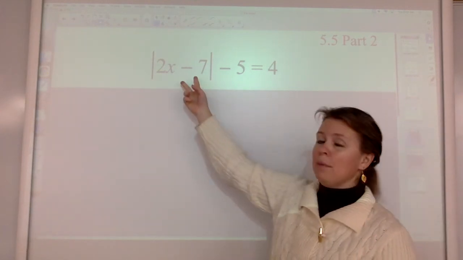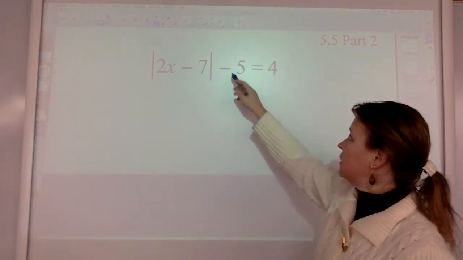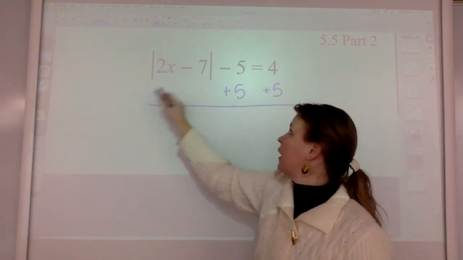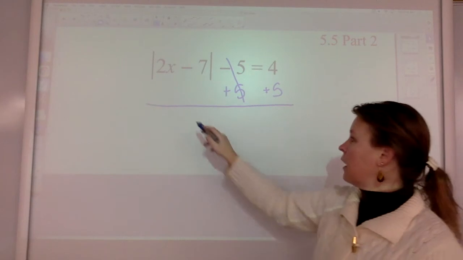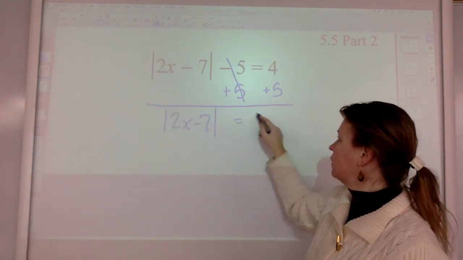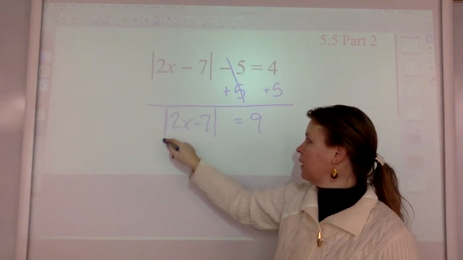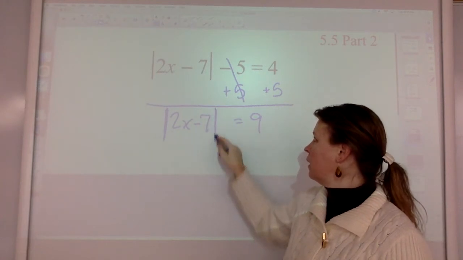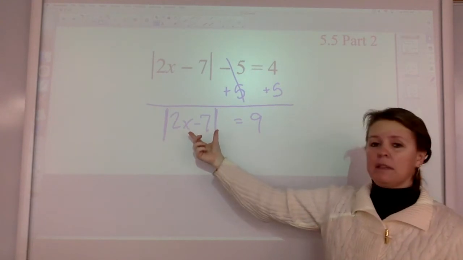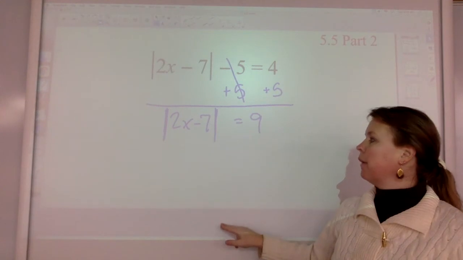Okay, we have to work with that absolute value last. So we have to clear everything else out first. Since this is a subtract 5, the first thing you're going to do is add 5 to the other side. Get rid of that so that on this side of the equation, we only have an absolute value. So then it looks just like yesterday's problem. If it doesn't look like the problems you did in part 1, then you've got to get them set up to look like that. Once you know the distance is 9,